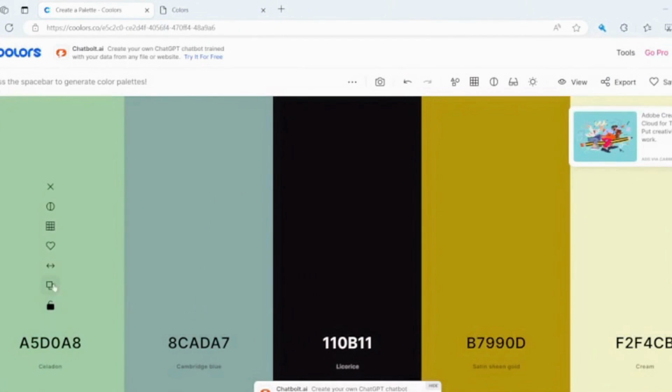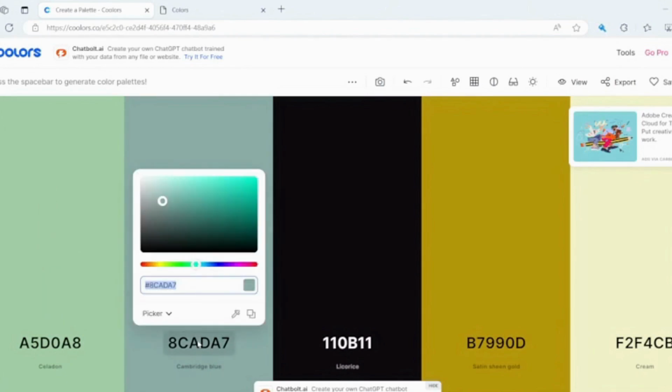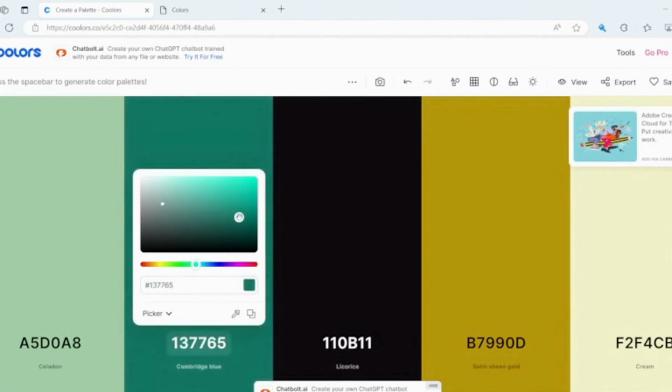If you like the color, you can copy it. If you do not like the color, you can replace it with some other color of your choice.